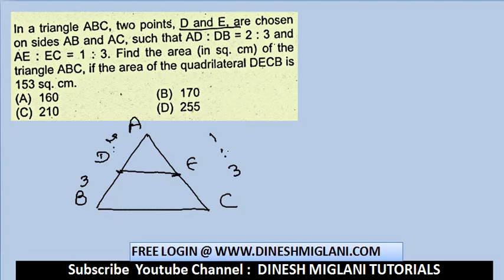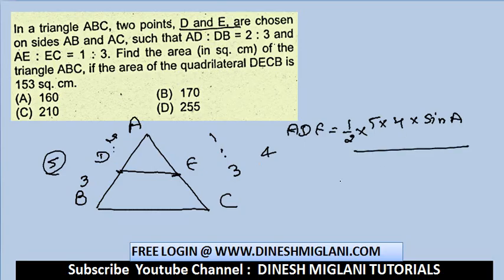Now what I can say, if I take the area of ADE with ABC, AD would be taken as, let us say this is 2 and the total would be 5. According to that, this is 1, total would be 4. The area of the triangle ADE is taken as half into the product of the sides. So 5 into 4 into sine of the angle between them, that is sine A. Make it as 5x and 4y. It is no problem.